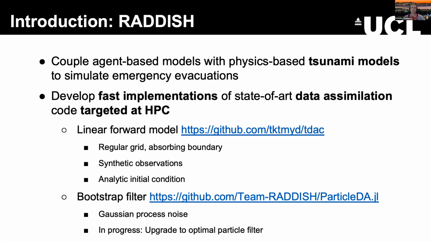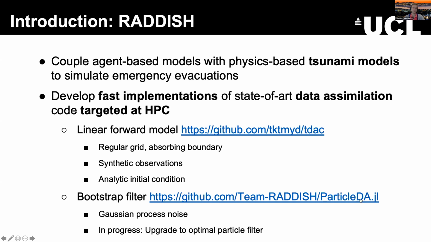So we're working on a particle filter for the tsunami model, but the aim is to be flexible so that you can experiment with different models, different filters. We've started by using very simple models with a linear tsunami model that's developed by some Japanese collaborators, and it's just a regular grid, absorbing boundary linear model, and it generates from the same model some synthetic observations and uses analytic initial conditions. So there's very little data being used, and we've developed a bootstrap particle filter, and